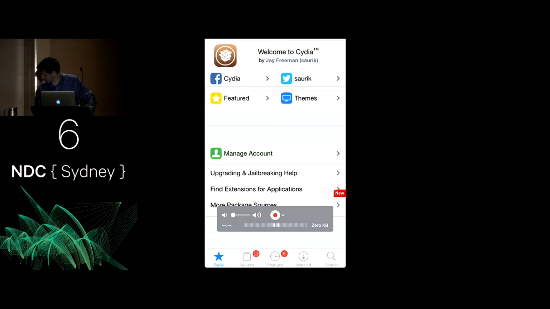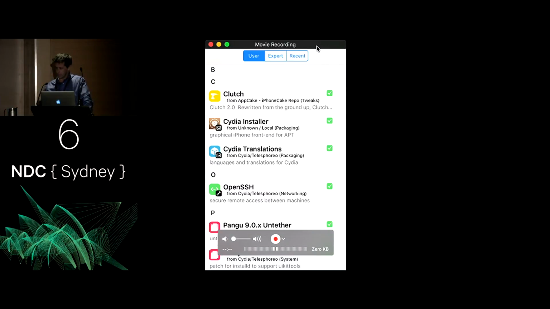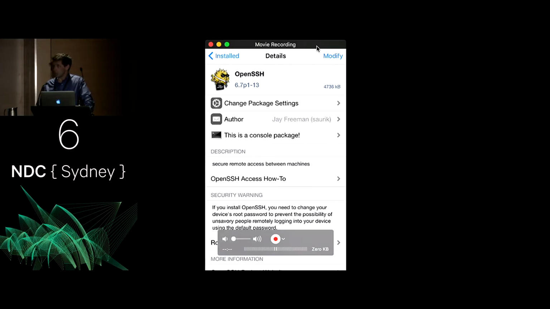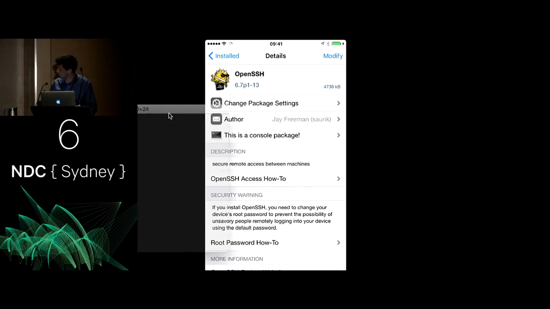So I'm going to tap one of those and have a look at the apps that I've got installed. So I've added 2 since jailbreaking. The first one is OpenSSH. So you can go through various repositories from within Cydia and install apps that way. So I've put OpenSSH on, which means if I run up a terminal window and drag that across,